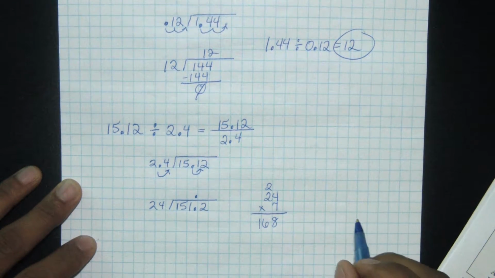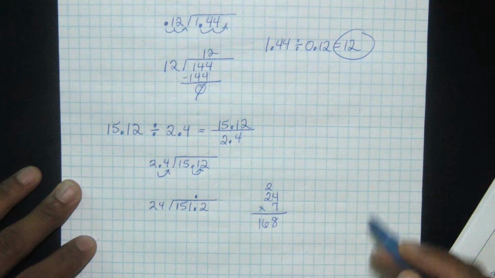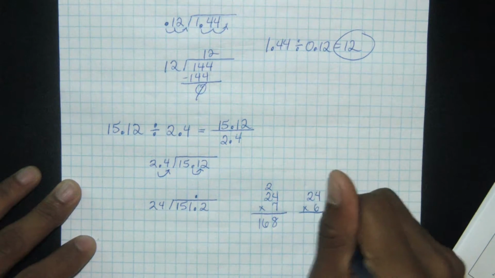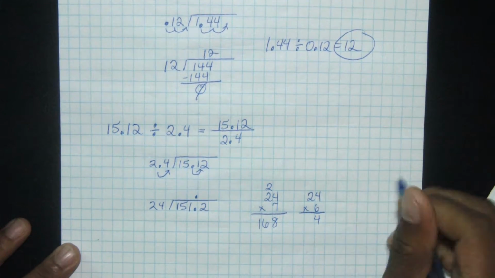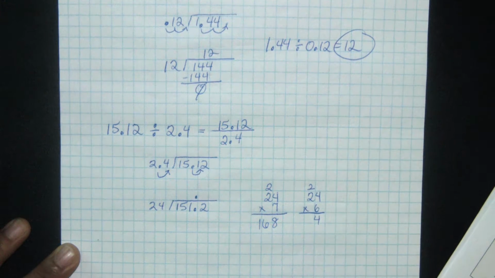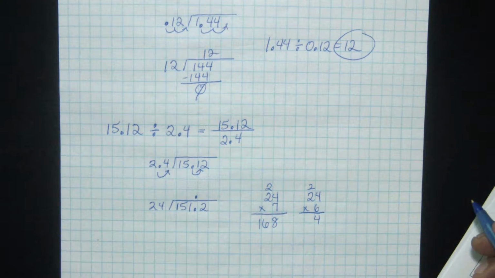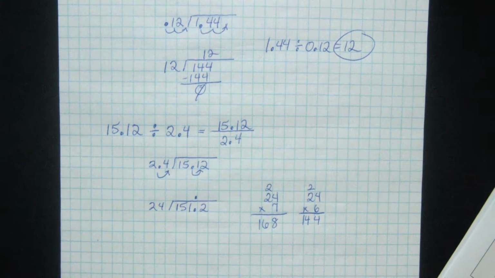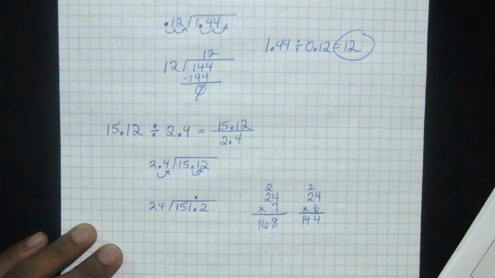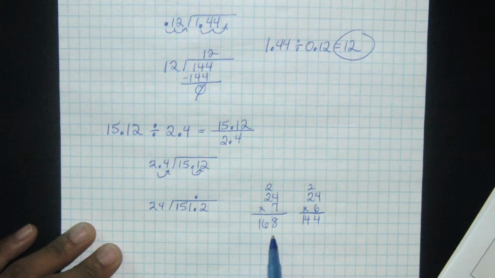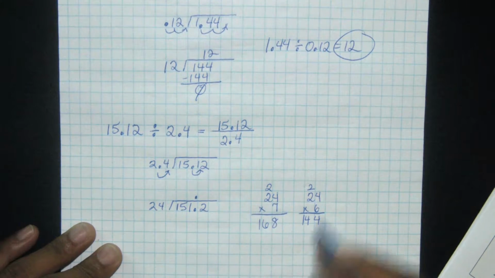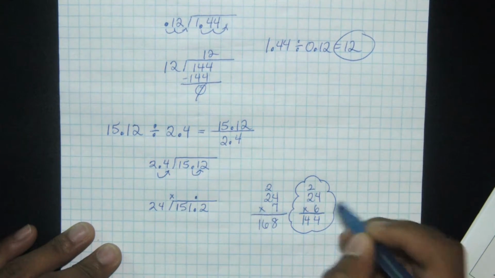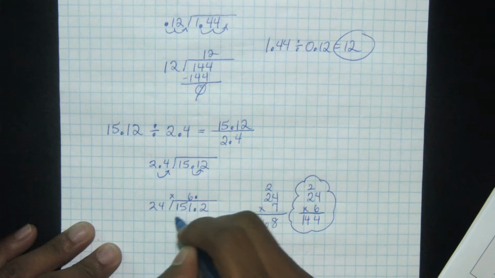All right. Too big, too small, just right? All right, so let's try another number. 6. Okay, let's try it. 24. Put the 2 on top of the 2. Good. Third, 12 plus 2, 14. Too big, just right, too small? Just right, because remember when we did times 7, it was too big, so this one has to be just right. So we're going to do times 6, and 24 times 6 is